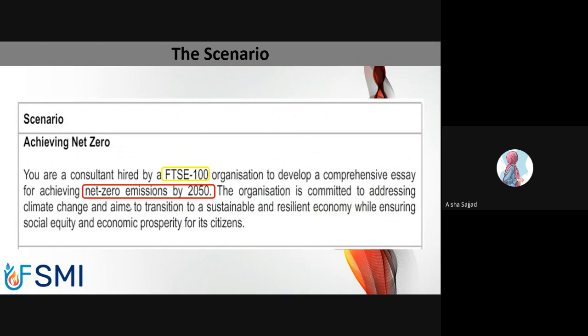Under this essay, you have to develop a basic report in which you will talk about how that organization, how FTSE 100 can reach the goal of net zero